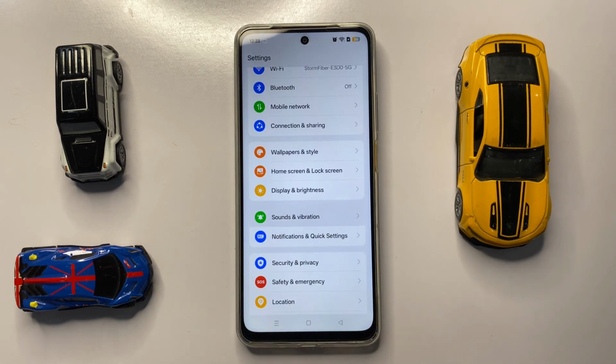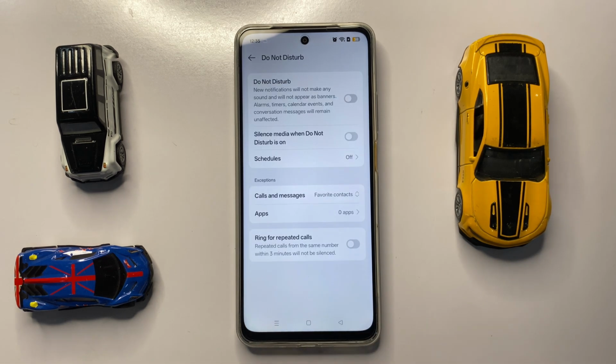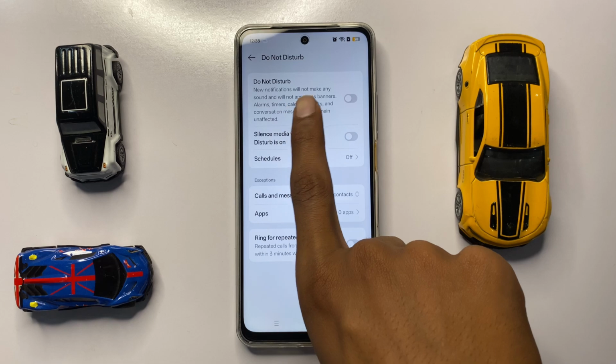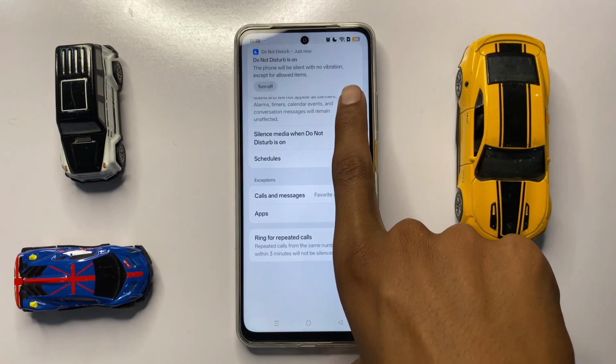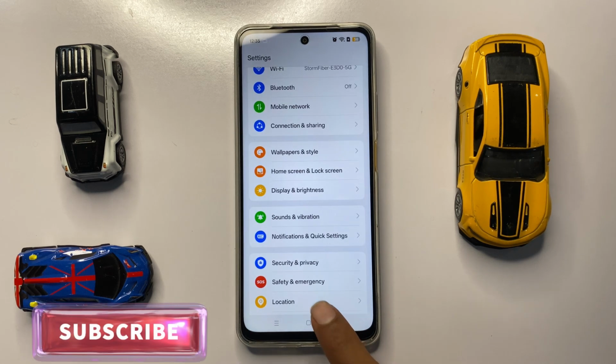and vibration. Now click on do not disturb and now here you can check your do not disturb. If you turn on your do not disturb, then turn it off. After turn off your do not disturb, then go back to the main page of your settings and scroll down